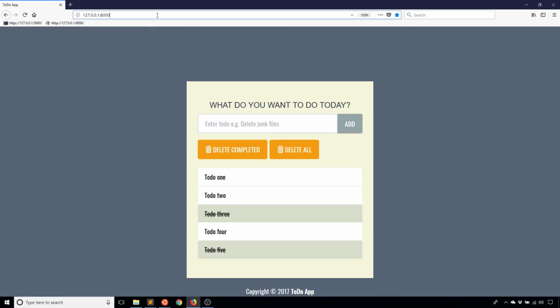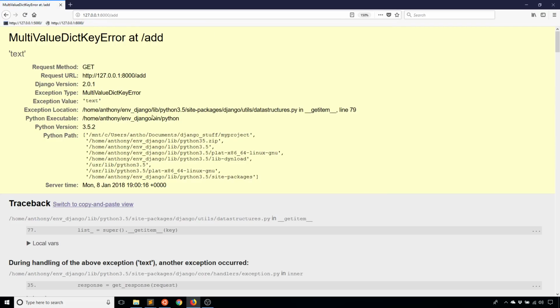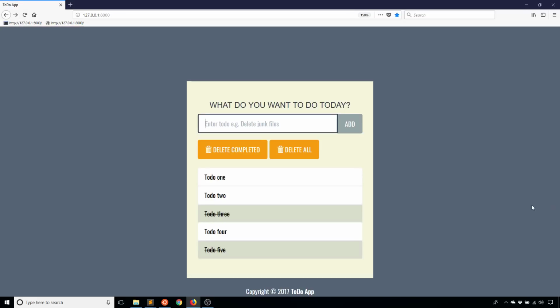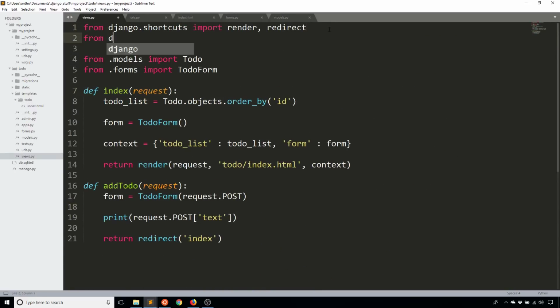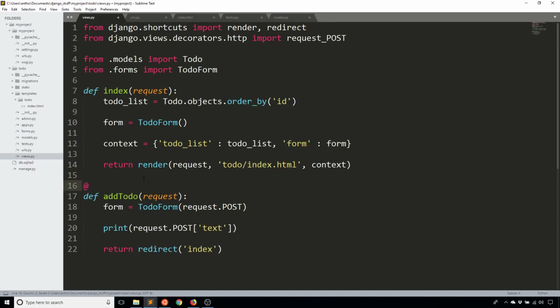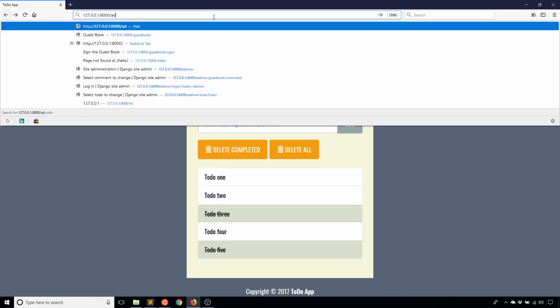So now if I click this, and let me go to add to see what happens. It gives me an error because I'm trying to get on a route that should only be posted. So what I'll do for that is I'll import a decorator called require_POST. So if I go back to views, I'm going to import from django.views.decorators.http, import require_POST, and I'm going to add that decorator to my add_todo function. And what this does is makes it to where this view only accepts post requests. So now if I try to go back to add again,